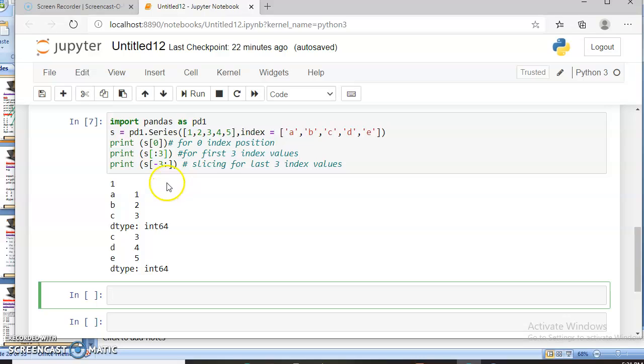And the ending value is not mentioned after the colon. When the ending value is not mentioned, it means we take up to the last array element. If the starting position is not mentioned, then we consider the 0th element, and if the ending position is not mentioned, then we consider it as the last element of the array.